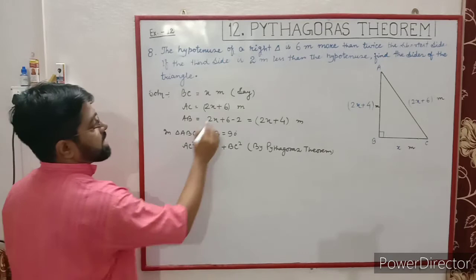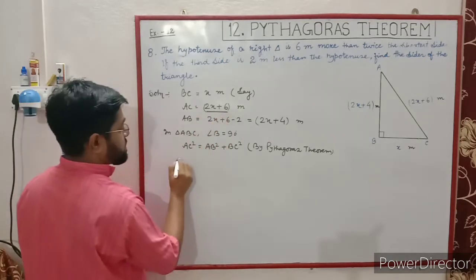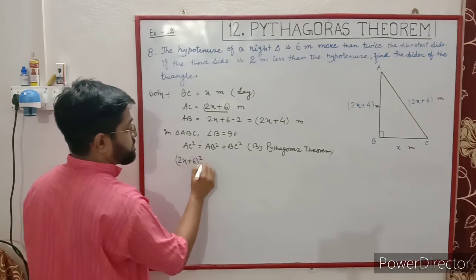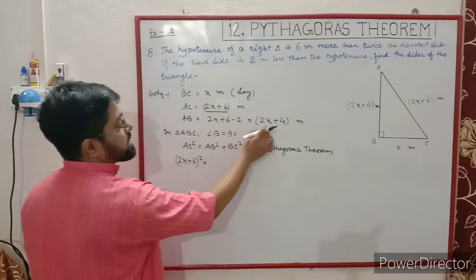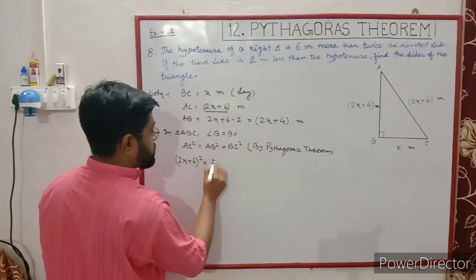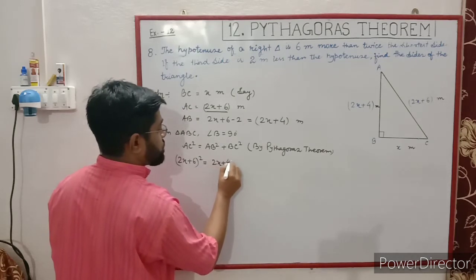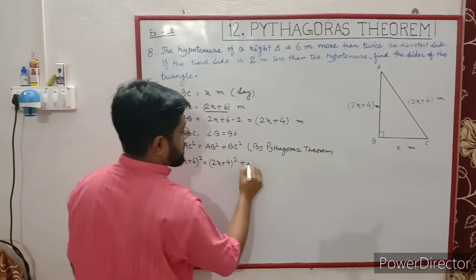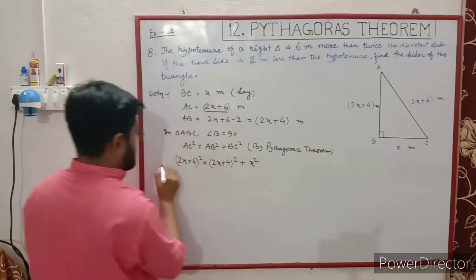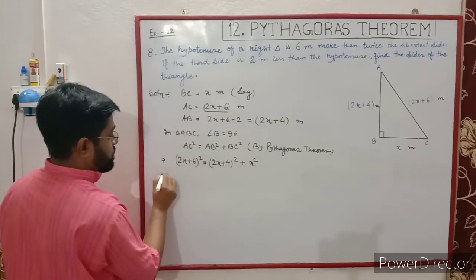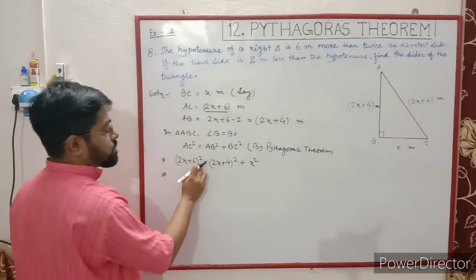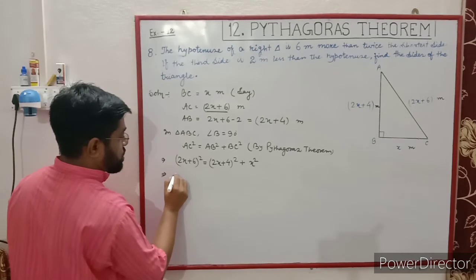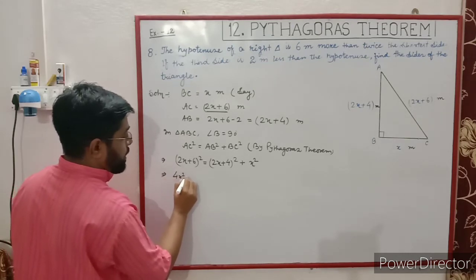Now AC is given 2x plus 6. So 2x plus 6 whole square is equal to AB, which is given 2x plus 4, so 2x plus 4 whole square plus BC, which is given x square. Now 2x plus 6 whole square is in term of a plus b whole square, so expand. So 4x square plus